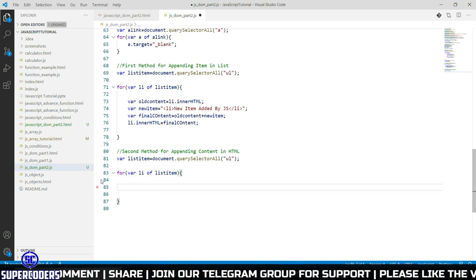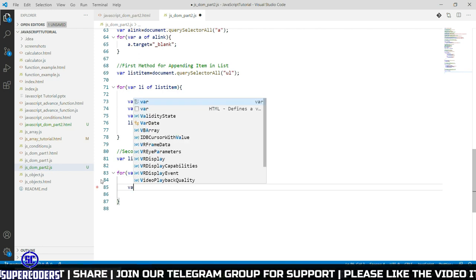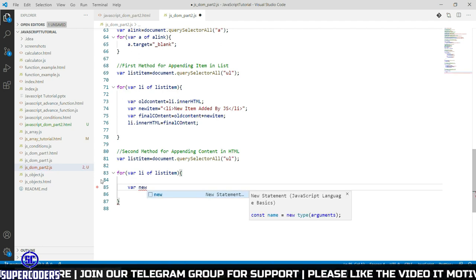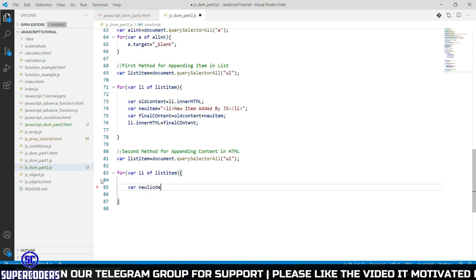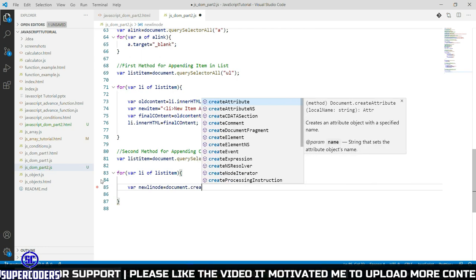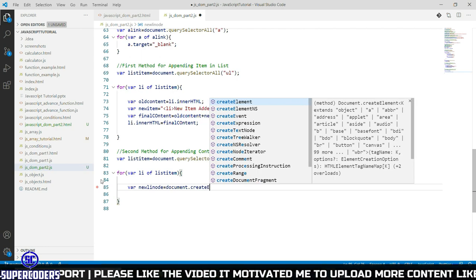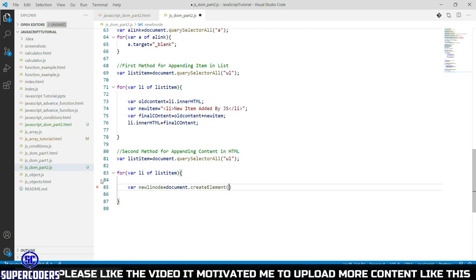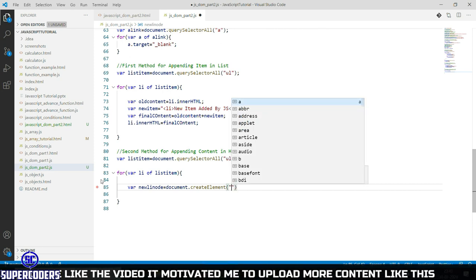For creating a node you need to create a variable: let new li node equal to document dot createElement, then pass the tag name.